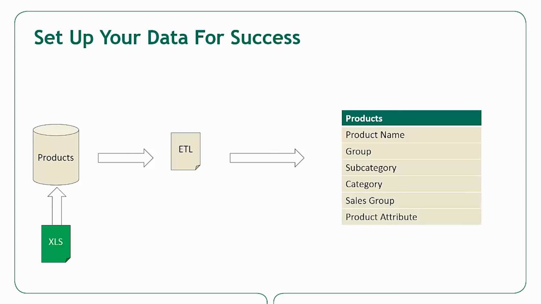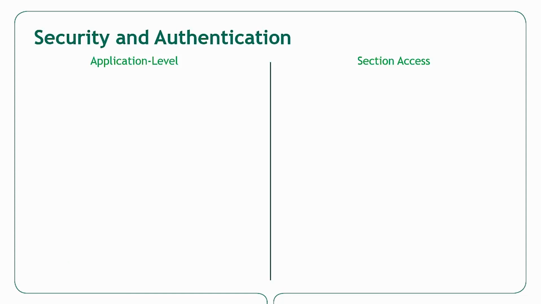Let's get them baked into the data warehouse. Another area where we see enterprise customers have questions is around security. How do we secure data and get it in the hands of the people who need it while keeping others out? Qlik products have both application and row-level security. Corey, can you talk a little bit more about both of these?